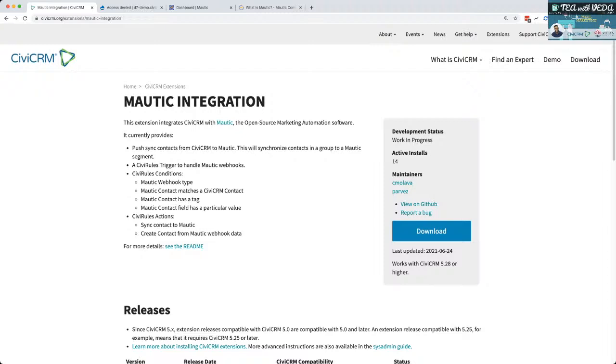The reason that we have done this integration is because it's a bit like when we did the Mailchimp integration, and the direct debit integration, and the postcode integration and all the other integrations. So yes, Civi can do automation. It can do it using Civi rules and using groups and smart groups and all this kind of stuff, and triggers and bits of code here and there, and contact forms and form processors. Yes, you can do it. You can get there,